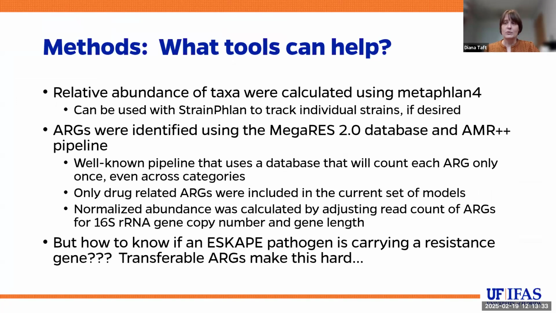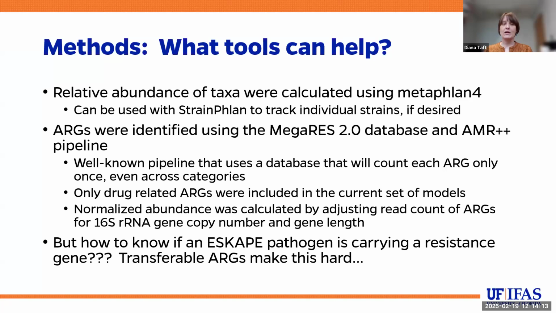So what bioinformatic tools were available to me today to answer some of the questions about escape pathogens from these whole metagenomic sequencing data? MetaPhlAn 4 can identify escape pathogens if they're present. It's a very standard tool for microbiome analysis. And part of the reason why I went with it is it can be used with StrainPhlAn later if you find anything interesting. I opted to go with the AMR++ pipeline to identify resistance genes